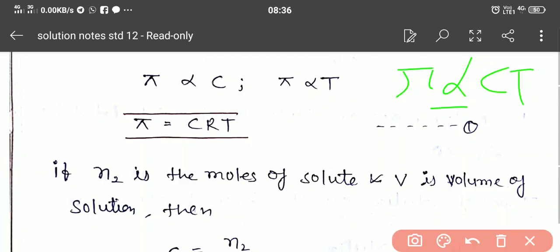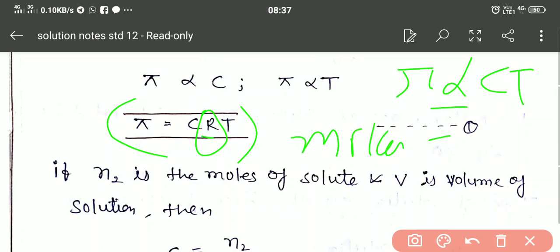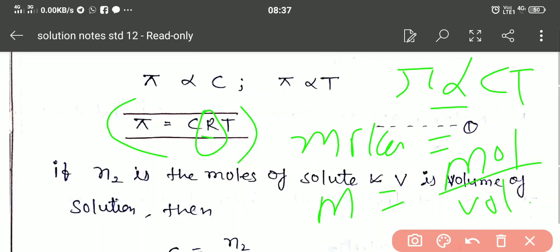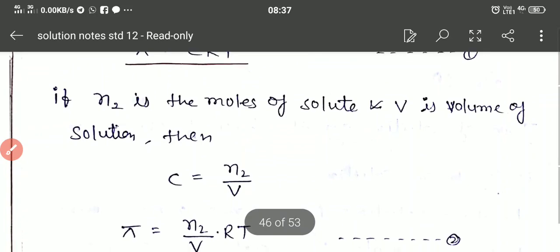If we want to remove the proportionality sign, we introduce a constant, which is the gas constant R. Okay, so our equation becomes pi is equal to CRT. Now what is C? It is a concentration, molarity. So what is molarity? Molarity, capital M, is equal to moles divided by volume of solution. Okay, so if n2 is the moles of solute and V is the volume of solution in liters, then C can be written as